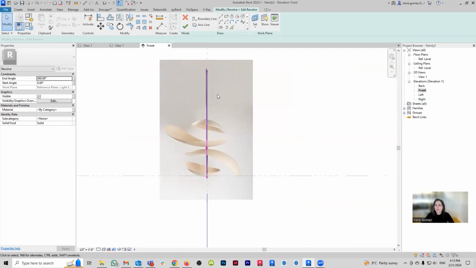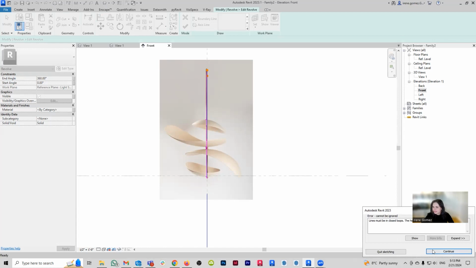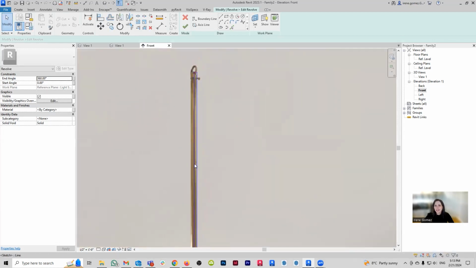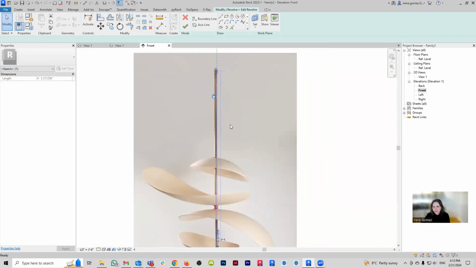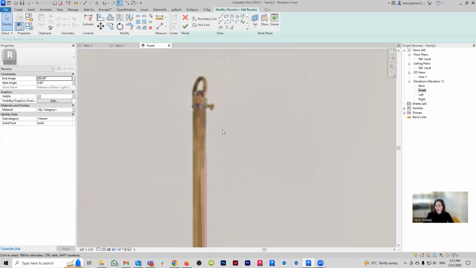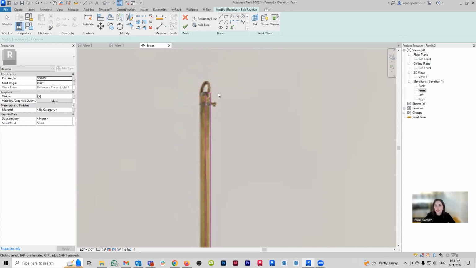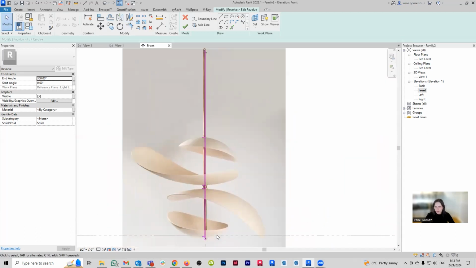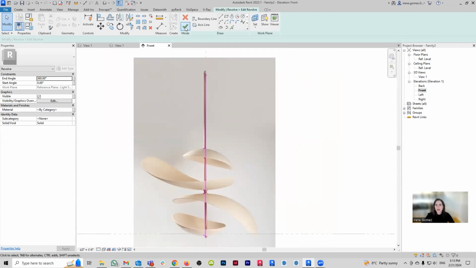Once again, I've already established what is my axis, so I don't have to set it up again. And when I say yes, one of my lines is not correct. What is going on here? Delete. Oh, I had a double line. That's another very important thing. When you're drawing the profile, make sure that you don't have overlapping lines. So a line that is on top of another is an overlapping line. So trim, trim, there you go. That should be better. Is it coming? Yeah, it's going all the way down. And then yes.